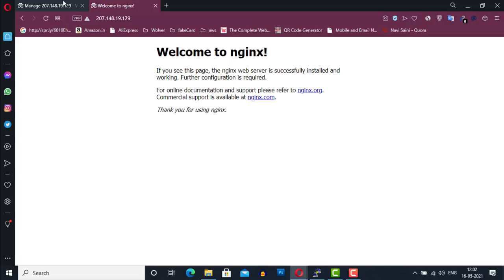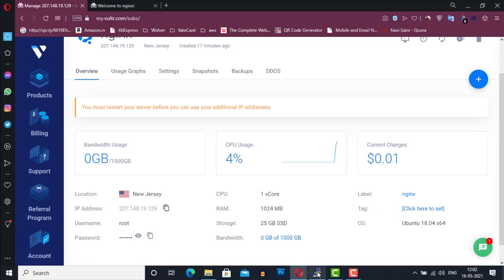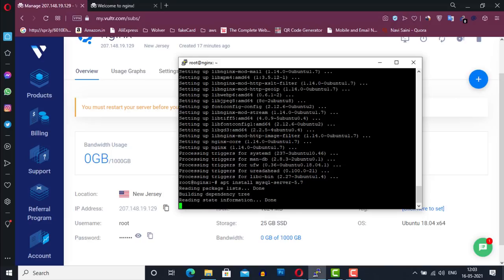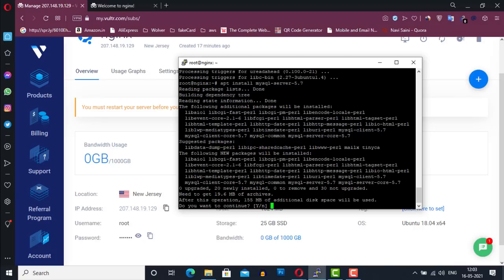To install MySQL, open your terminal and type apt install mysql-server command and press enter. Now I am okay with the additional disk space that will be used to install MySQL on this server.